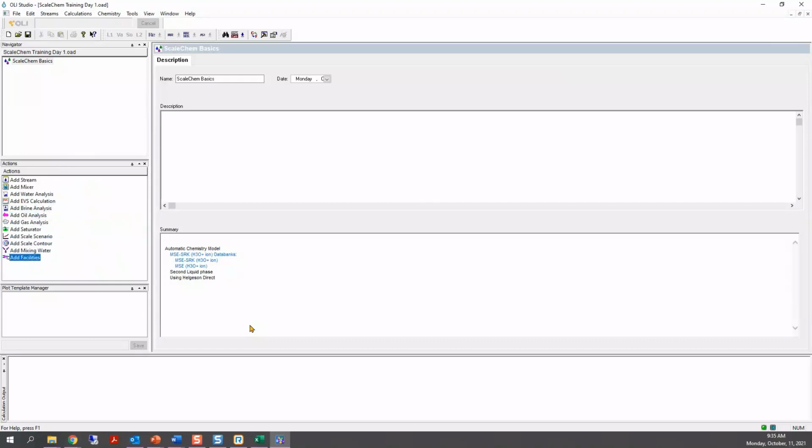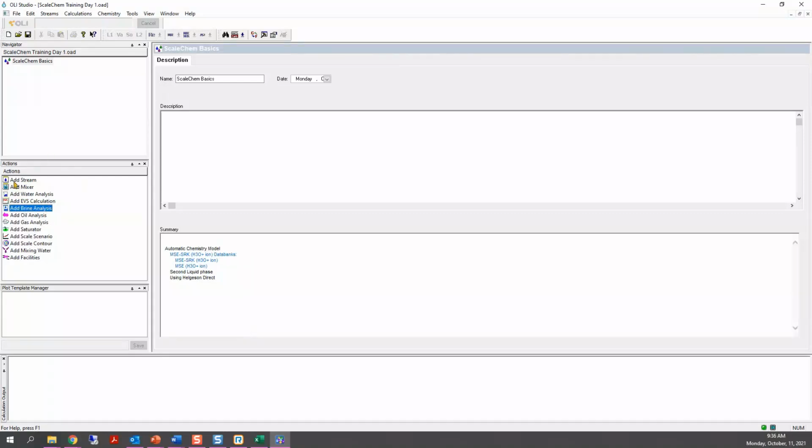If you have the stream analyzer and ScaleChem, you will see stream, add a mixer, and add a water analysis with all of these other ones that you see down here. And if you have the 3 components, corrosion, stream analyzer, and ScaleChem, you will see all of these icons. Okay, you have access to all of these calculations. So don't worry if you don't see specific icons. Maybe it's due to the license. If you have the training license, then you will be able to see all of the icons.